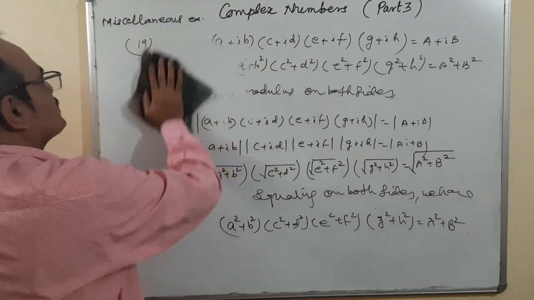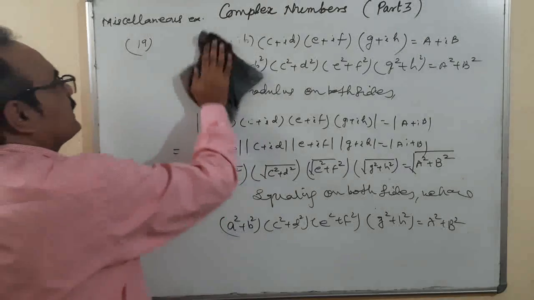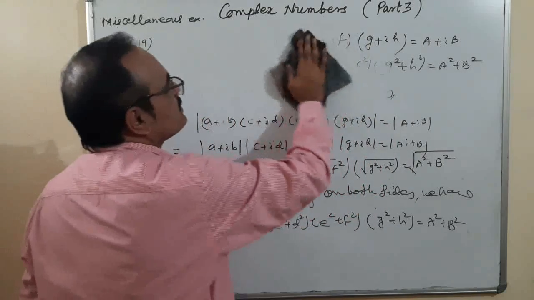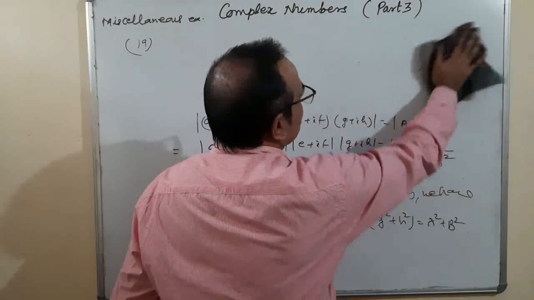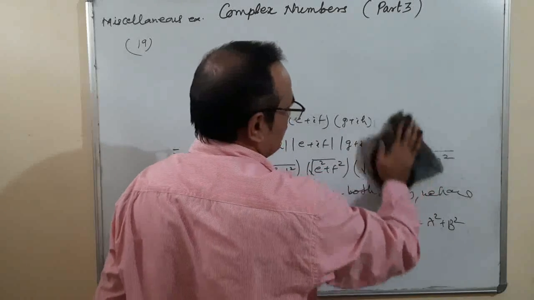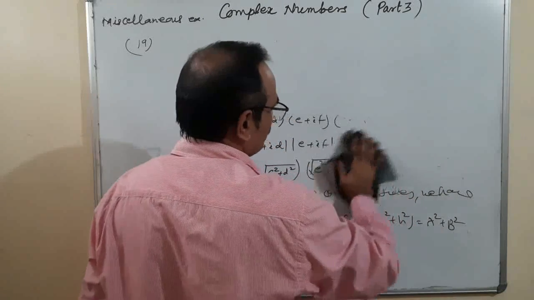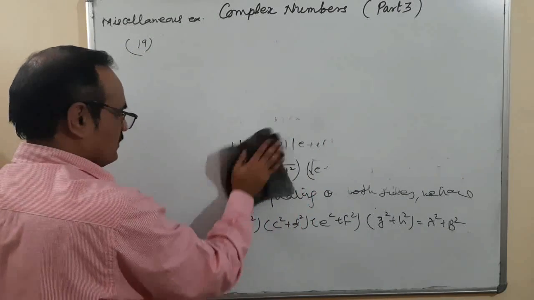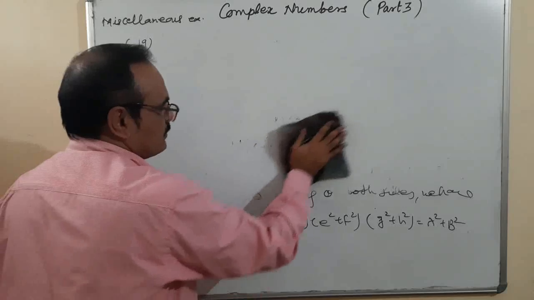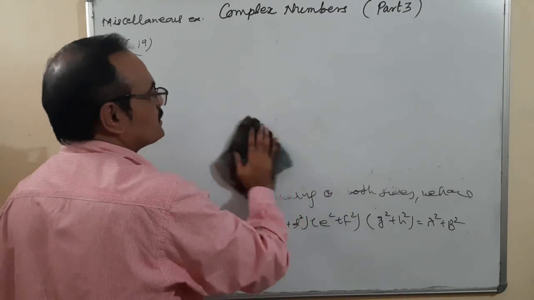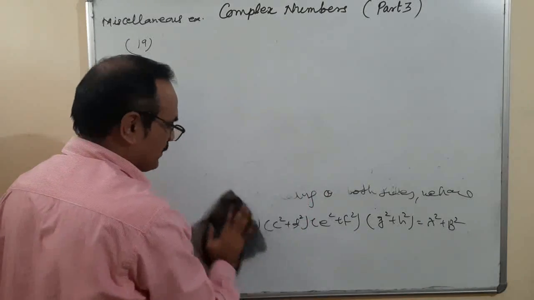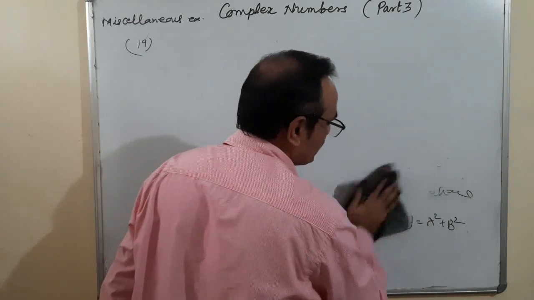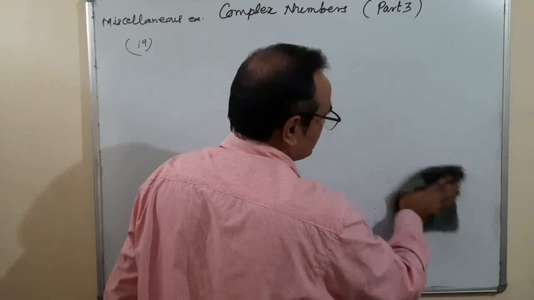How did I solve this question? First, taking modulus on both sides. And what is the meaning of modulus? Square of real part plus square of imaginary part under root. And finally, squaring on both sides. Okay. So these working rules for some of the questions, I think you should remember. You will memorize these working rules, so that you don't have any problem when you solve these questions, especially in exam.